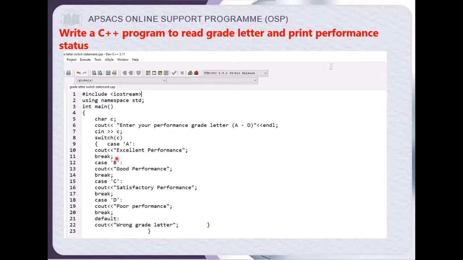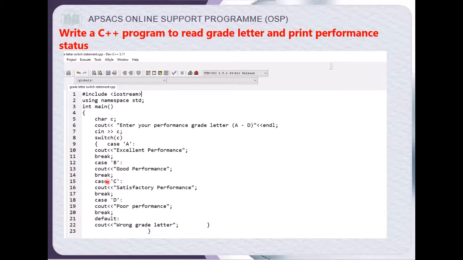And remember student, the purpose of break statement is to exit the body of the switch statement after executing the statements under a case. Now at line number 12 our second case B, if user types B then it will print good performance, and then break statement is used to exit the body of the switch statement.